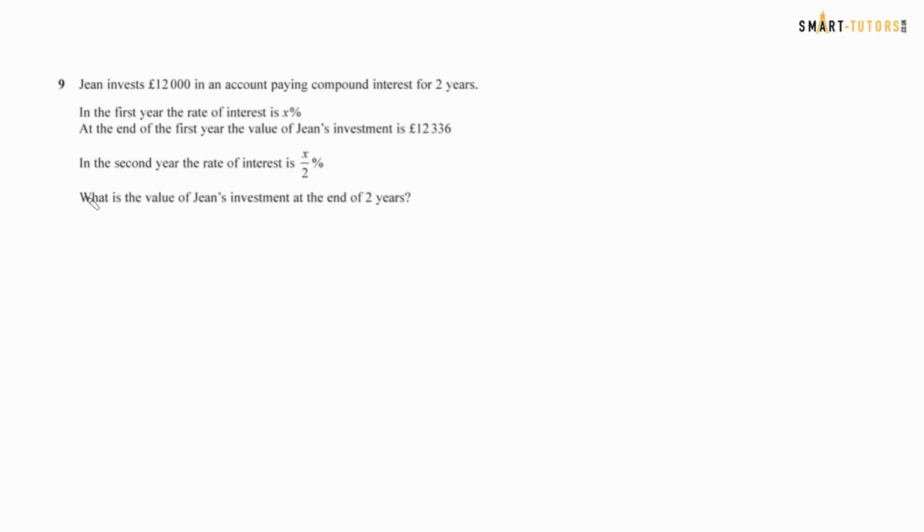Question number 9. Jean invests £12,000 in an account paying compound interest. So let me underline this, compound interest for 2 years. In the first year, the rate of interest is X percentage. So they haven't given a 2% or 3%, it's an X percentage. At the end of the first year, the value of Jane's